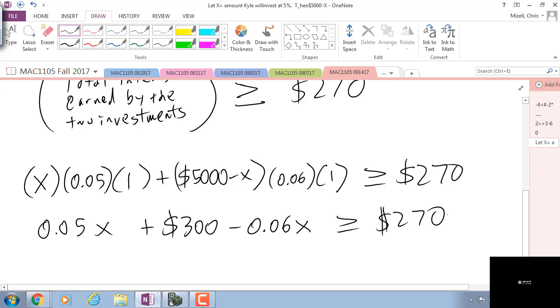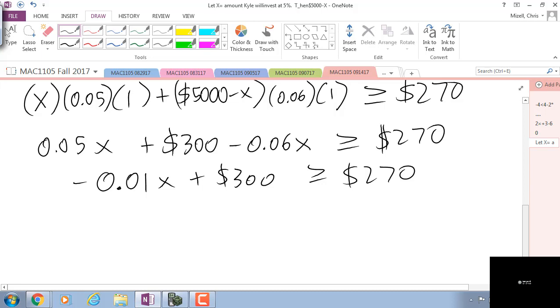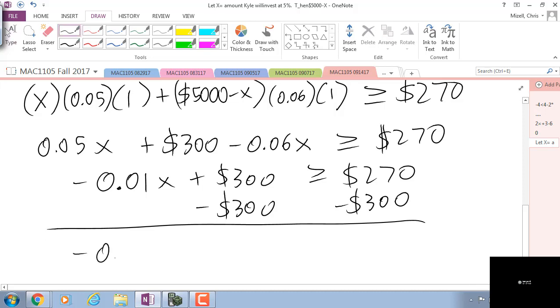If we combine like terms, the 0.05X minus 0.06X, negative 0.01X plus $300, that's greater than or equal to $270. But it looks like there'll be a negative quantity on the right-hand side when we subtract the $300 from both sides, so that's good news. Negative 0.01X is going to be greater than or equal to negative